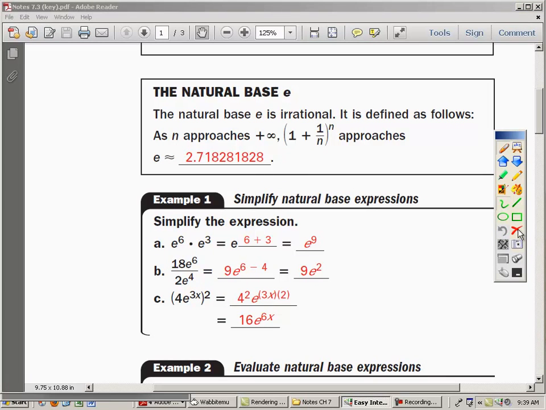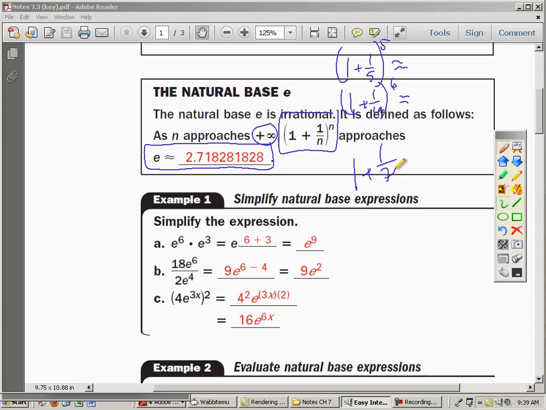So the natural base e is this irrational number, and as n approaches positive infinity, this expression approaches some number, and you can play around with that in your calculator if you want. You can do 1 plus 1 over 5 to the 5th power, then 1 plus 1 over 6 to the 6th power, 1 plus 1 over 7 to the 7th power, and go way up to like 1 plus 1 over 100 to the 100th power, and you're going to get something that starts approximating this 2.7-ish number,